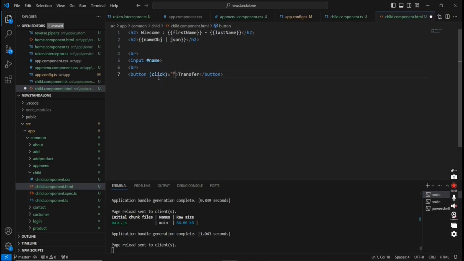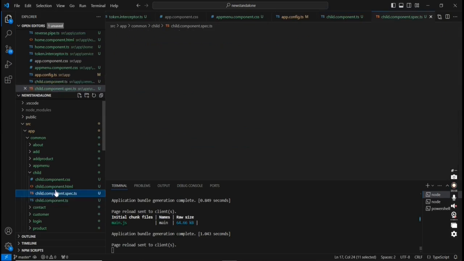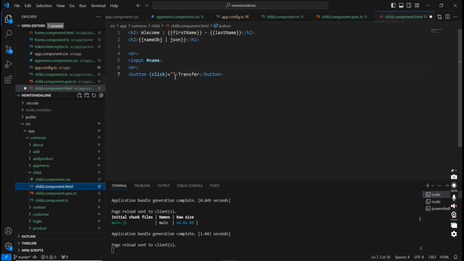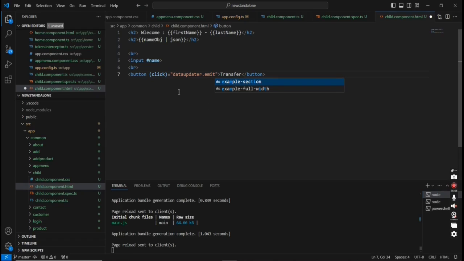So in this scenario we are not going to define any function. We can use this output directive variable, okay, and included it here. From this we can use the emit function and transferring this value,